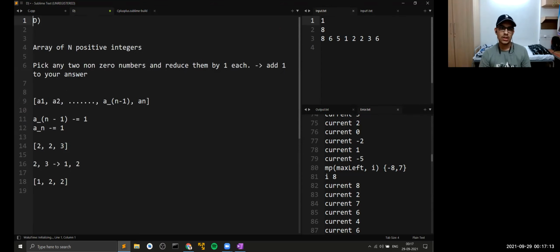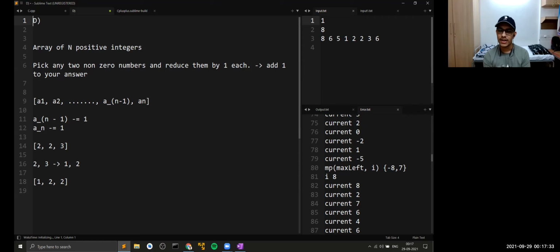Okay. In this multi-set, what I'm doing is I'm just storing all these elements in a sorted manner. A multi-set allows you to store elements in a sorted manner. That is exactly what a multi-set is used for everywhere. So I'm storing all these elements in a sorted order and I'm extracting the last two elements from the multi-set. What are these last two elements? The maximum and the second maximum.